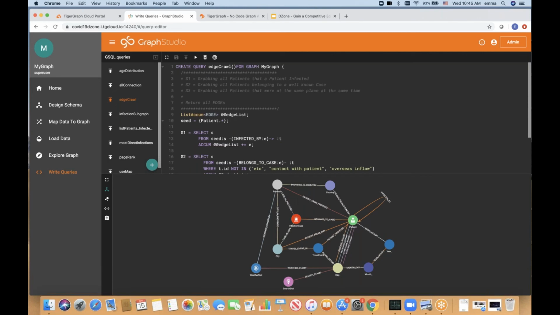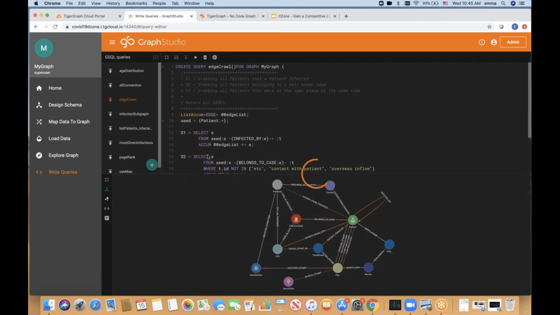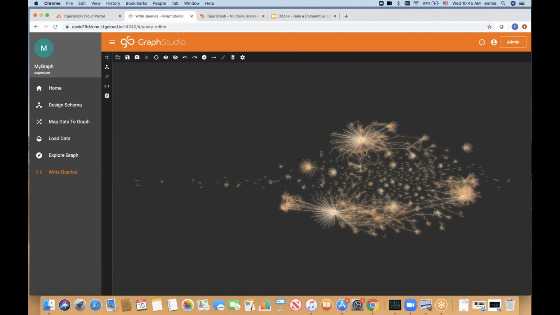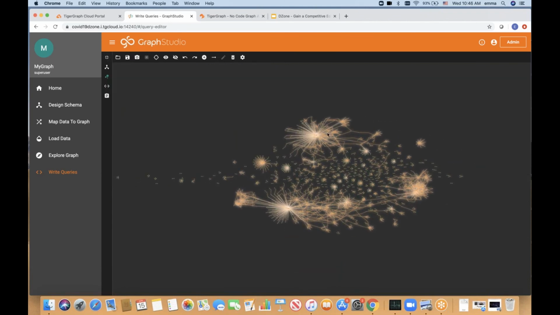This is the edge crawl query, which will show some of the cluster in the South Korean data set. Let me run the query here. And yes, you can see that there are some cluster forming here.